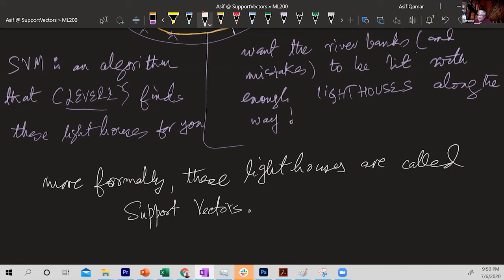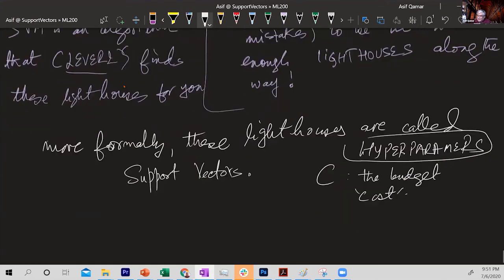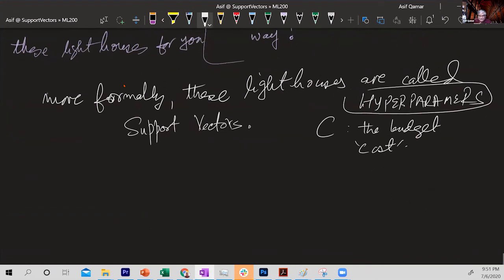So in a support vector machine, for example, the budget is one hyperparameter. Let me just write it down, so that it is part of the notes. Hyperparameters are C, the budget. Actually, most people don't call it the budget, they call it the cost, which I find non-intuitive. In the literature, the way scikit-learn and your textbooks call it, they call it the cost. Actually, it's the opposite, it is the budget for mistakes. And the other is gamma for